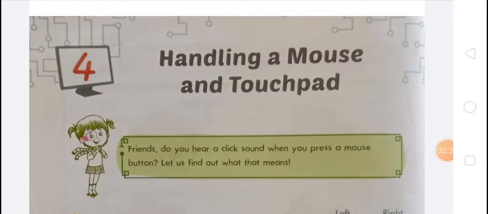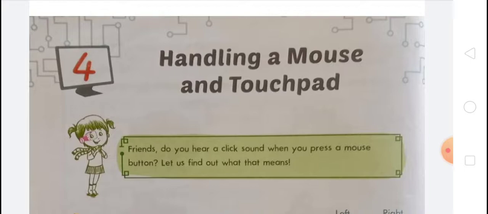And after that we are going to discuss about mouse. What is mouse? You know that a mouse helps to point, move and select an object on the monitor. A computer mouse has two buttons and a scroll wheel, and it is also used to play games and draw pictures. Nowadays, wireless keyboards and mouses are also available. They are not connected to the CPU cabinet through wires.